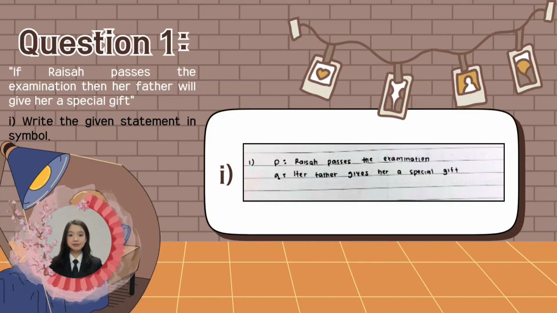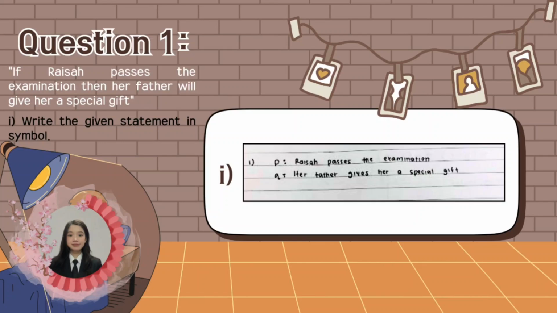Now, I'm going to start with question 1. We are given a conditional statement. The statement says if Farsa passes the examination, then her father will give her a special gift. This type of sentence is called an if-then statement in logic. So my answer for Roman